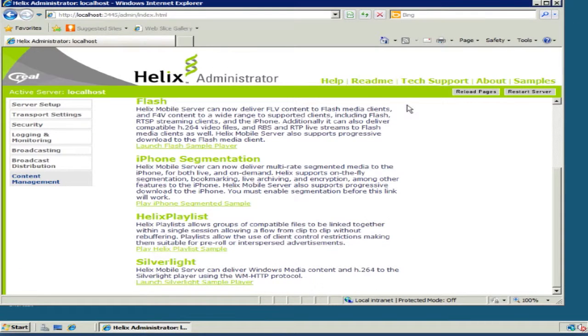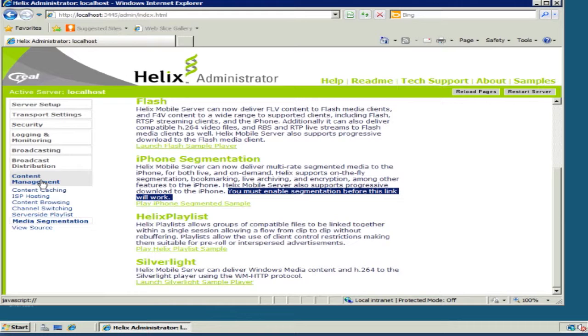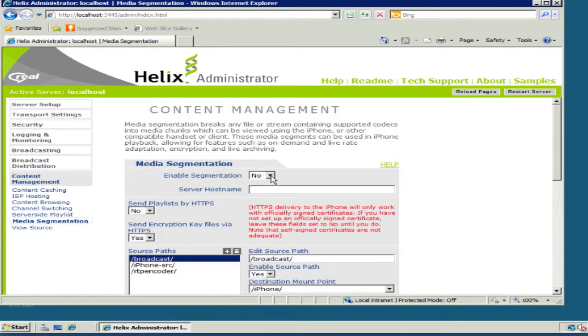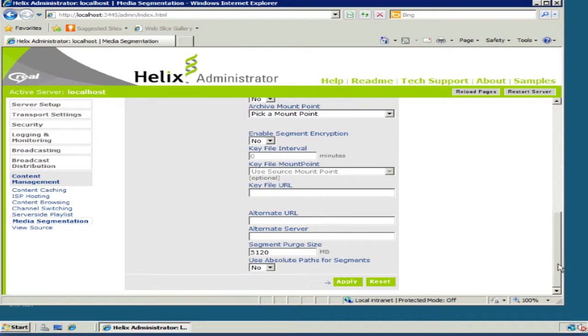Okay, so let's now return to the iPhone setup. You'll notice in the description of the sample it states that you must enable segmentation before the link will work. So to do that, go to Content Management, select Media Segmentation, select Enable Segmentation, enter the server IP address or hostname. I'm going to enter the IP address for mine. Apply the settings,